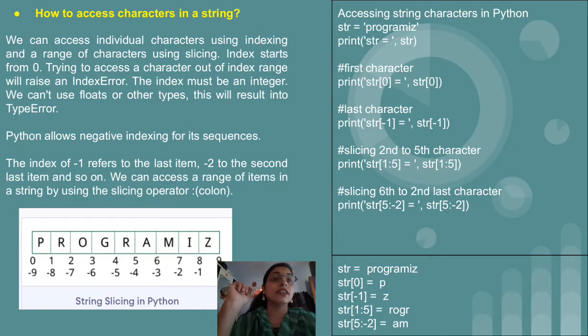After that, the next line is slicing from 6 to second last, that is, in reverse we want to perform the slicing. So 6 to second last means it is nothing but the total 5 characters which are present. So we are displaying 5:-2. So -2 means the third last character, that is M, and then we have written 5. So till that 5, so just see the positive numbering, till A only we are having positive numbering, that is 5 is there, right? So we will get output as A comma M.